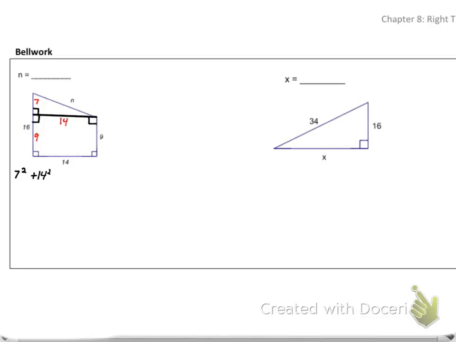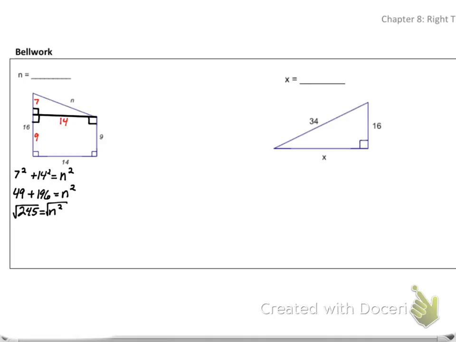Plus legs squared, that's just going to equal n squared. Well, that's going to be 49 plus 196 equals n squared. That will be 245 equals n squared. I'm going to take the square root of both sides, and this is where a calculator comes